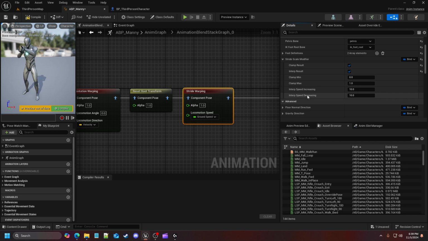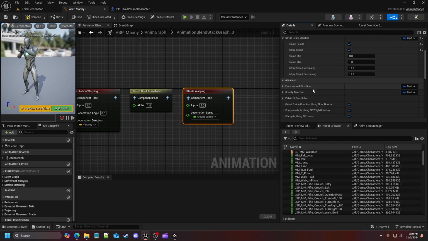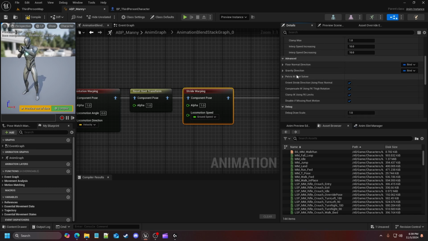And then for the decreasing, our stride scale starts decreasing once we hit back down to 10. So these ones are adjustable depending on when you want the stride stuff to start actually kicking in. But then again, you'll find all this other stuff under advanced, and like I've said the other times,